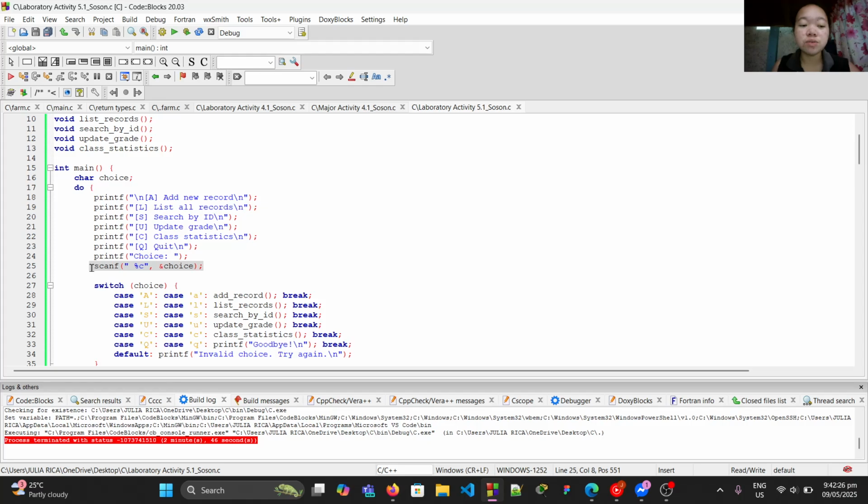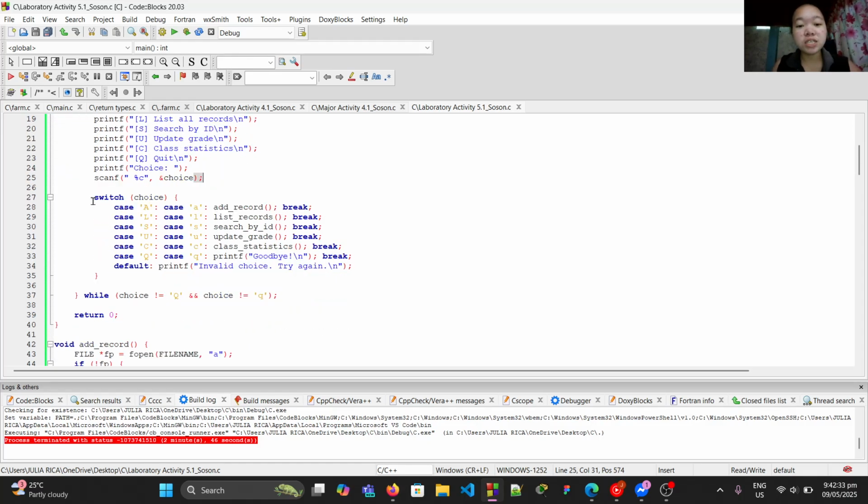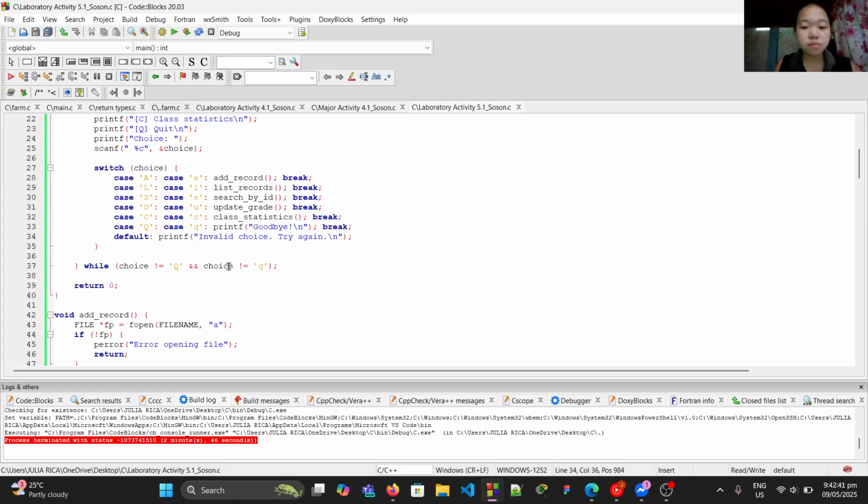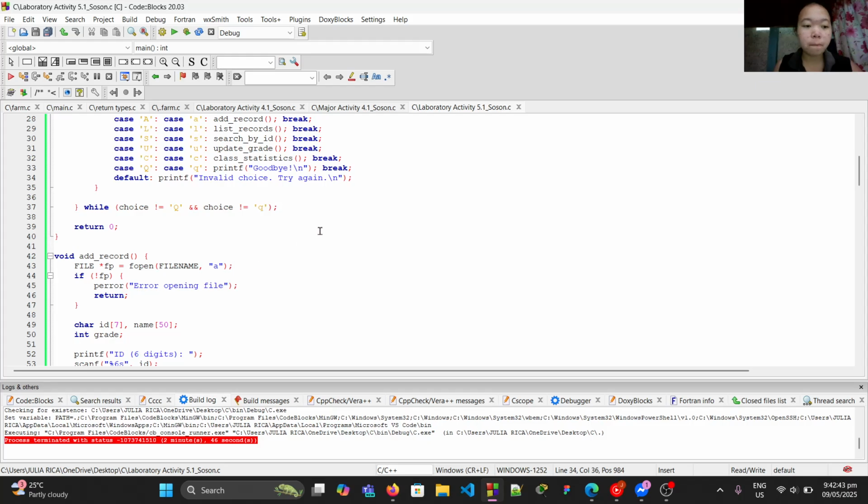This here will read the user's input. We are using a switch statement to execute the corresponding function based on user input. And a while loop to repeat the menu until the user chooses to quit.